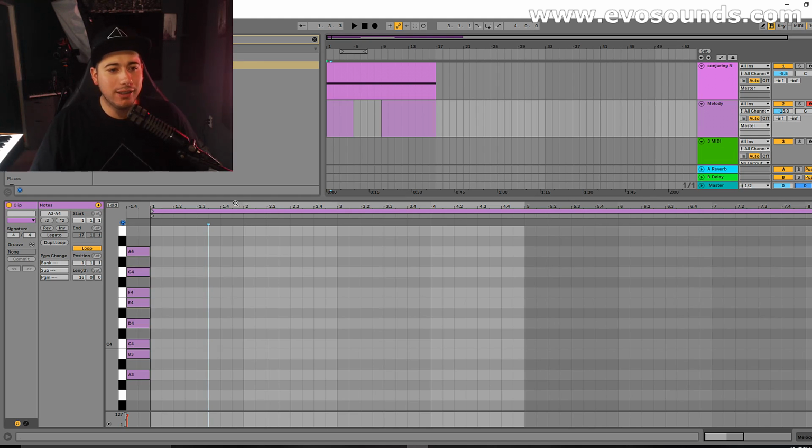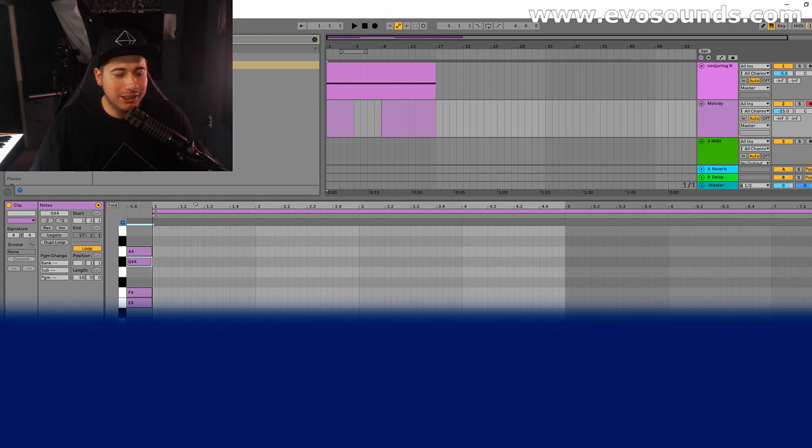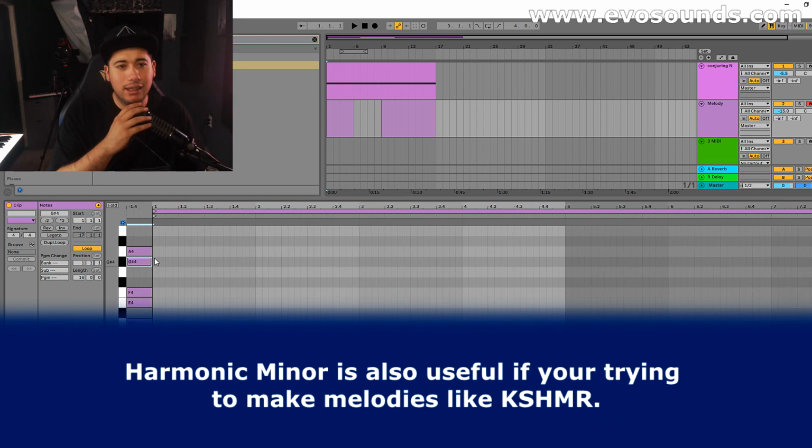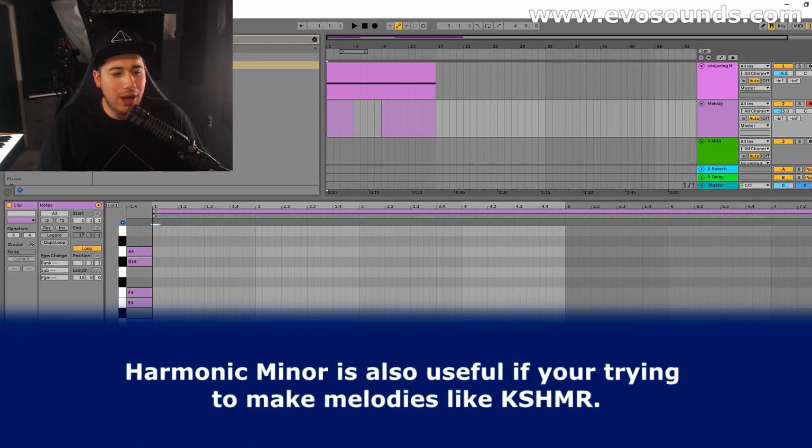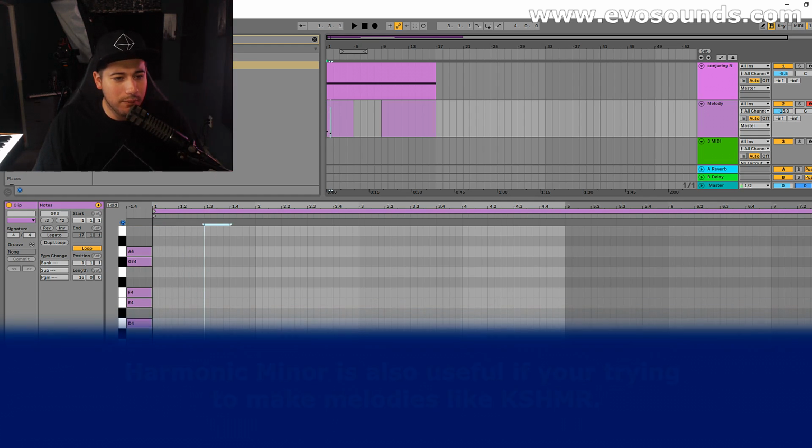Now, the first tip and the first trick that you can do to start making dark melodies is to use the harmonic minor scale. So we're in minor right now, but how do you turn it into harmonic minor? Easily, you're going to be in a scale. Let's say you're in F minor, D minor. You're going to count your notes that you're allowed to play, and it's going to be the last one before we hit that A again. This note's going to go up here instead. So that will easily let you make dark melodies, because now we have access to that one note, and we are going to stay in the key of A harmonic minor, so we're not getting out of key for this one. But this one's cool because if you add this and then you go down to that A sharp,